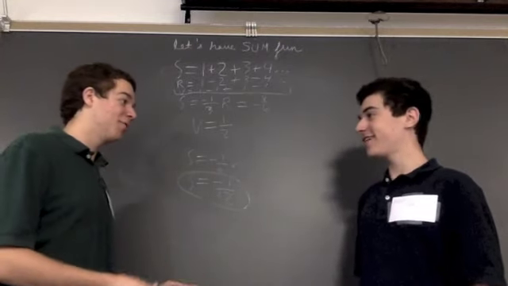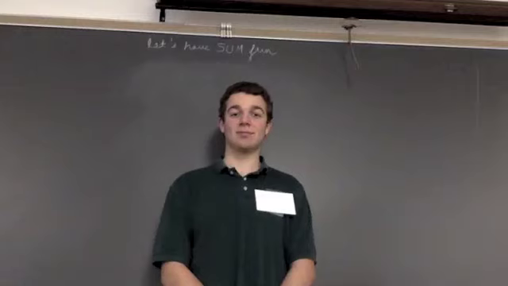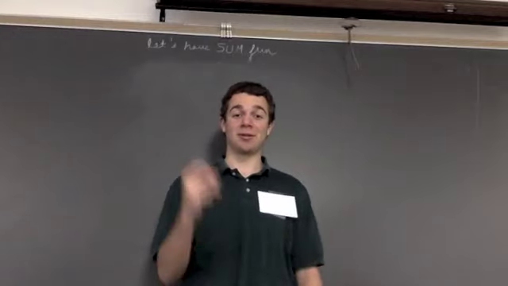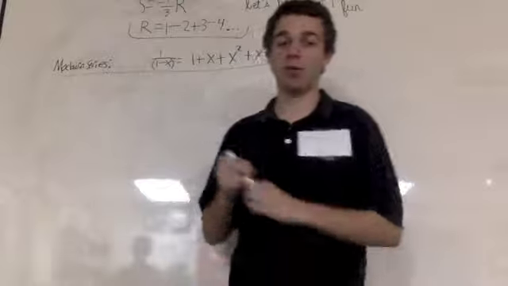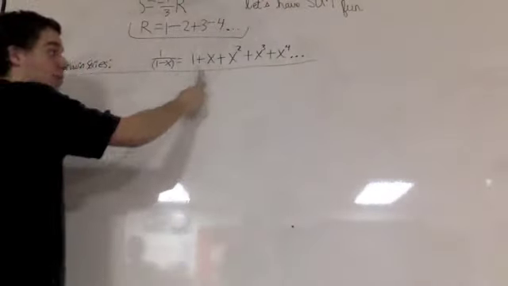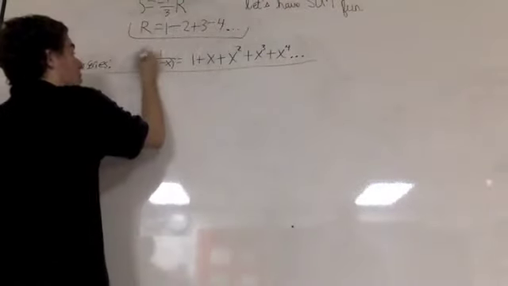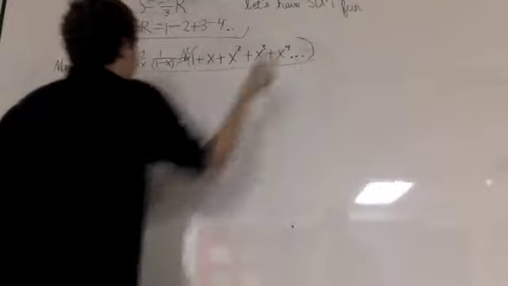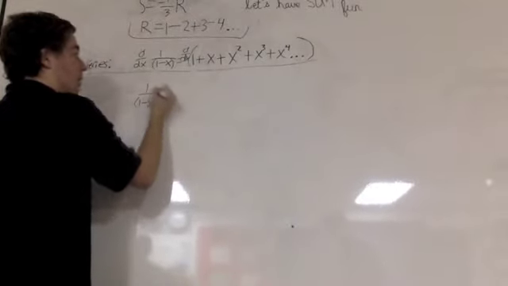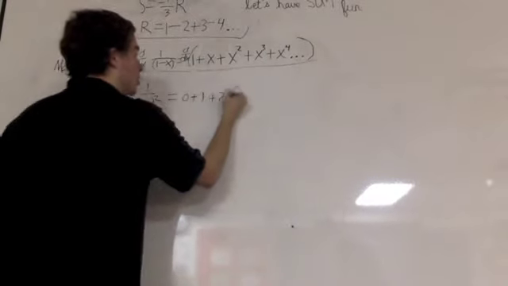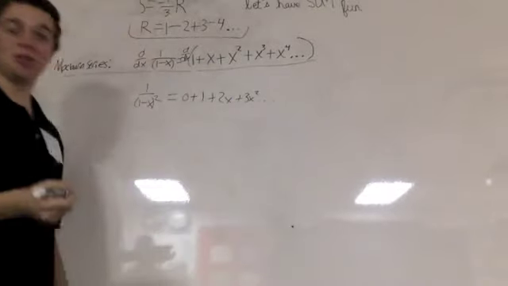Sure, we can do another proof, and this one uses calculus. This proof needs a whiteboard. So here's an alternative proof for why R equals 1/4. We start with the geometric series, 1 over 1 minus x equals 1 plus x plus x squared plus x cubed and so on. When we take the derivative of both sides, we see that this comes out to be 1 over (1 minus x) squared, and this side simplifies to 0 plus 1 plus 2x plus 3x squared, and so on. So when we let x equal negative 1,